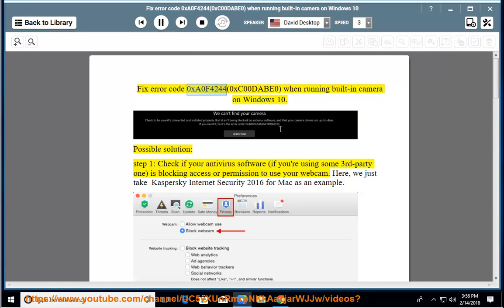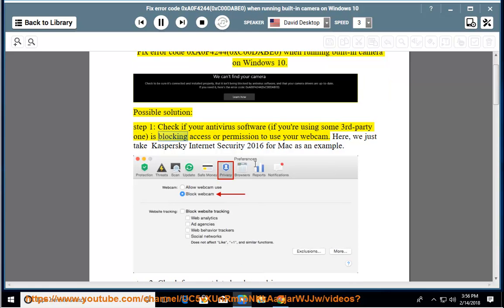Fix error code 0xA0F4244, 0xC00DABE0, when running built-in camera on Windows 10. Possible solution: Step 1, check if your antivirus software, if you're using some third-party one, is blocking access or permission